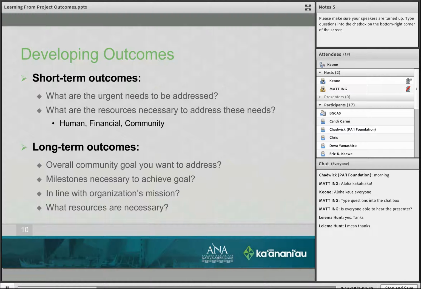There are slightly different outcomes that you need. So I think that it's really important for you guys to gain these tools that will allow you to develop these outcomes in a way that will be digestible, not only for your organization, but for your community also.